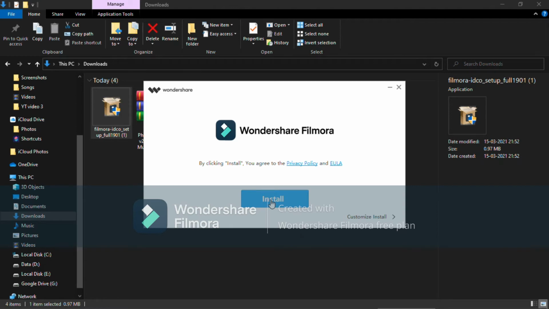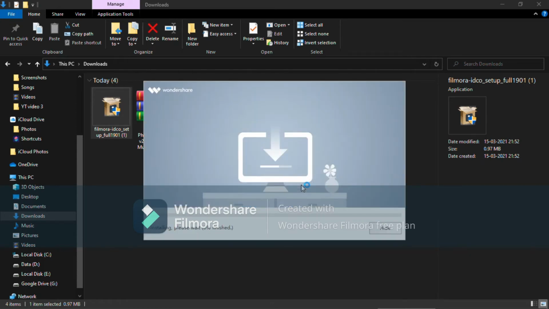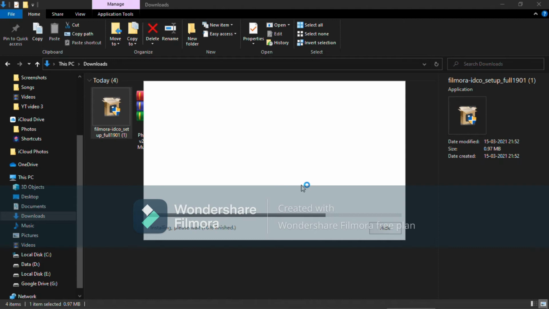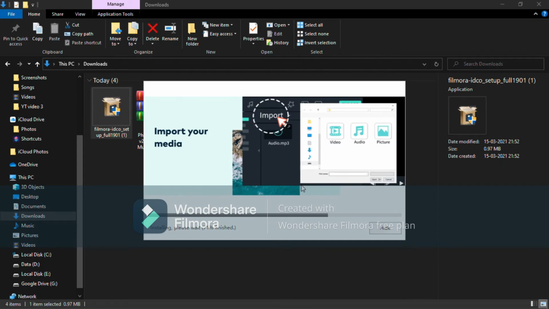Then you need to click on install. After you click this, some notification might come, or on your PC it would directly start like this. On my one there was some problem, so the notification came, but on your one this would be directly like this, from 0 to this much.